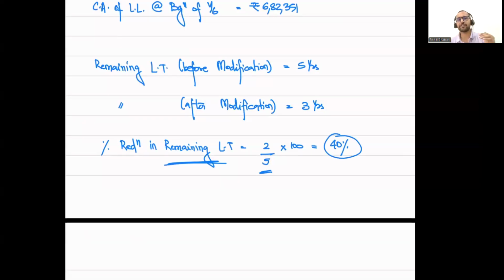It is reduced from 5 to 3, which means it reduced by 40 percent. Now, we are similar to the previous example. We will be derecognizing the ROU asset by 40 percent. In the previous example, we saw that the ROU asset and lease liability were derecognized by 50 percent. Here we are going to derecognize the ROU asset first by 40 percent. All right. Therefore,